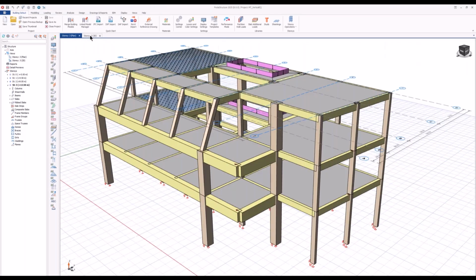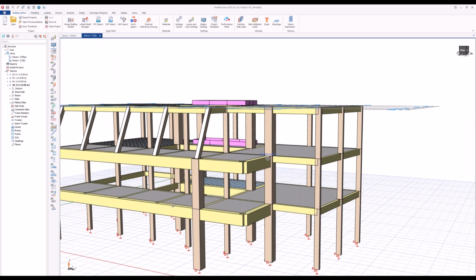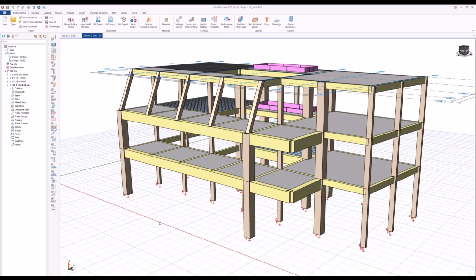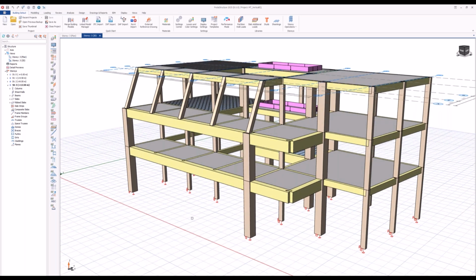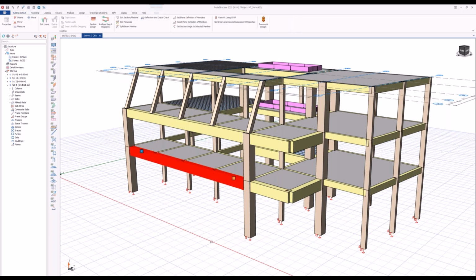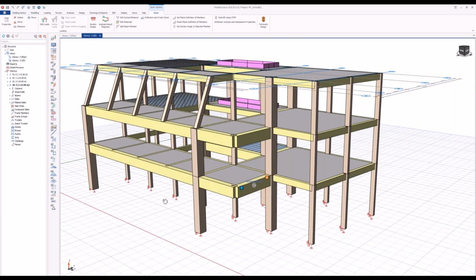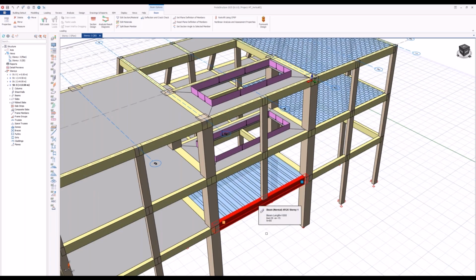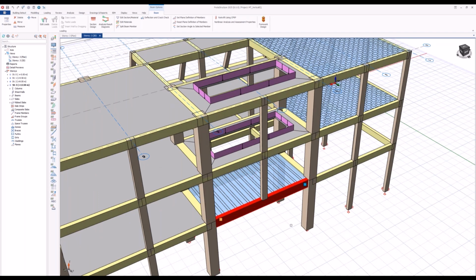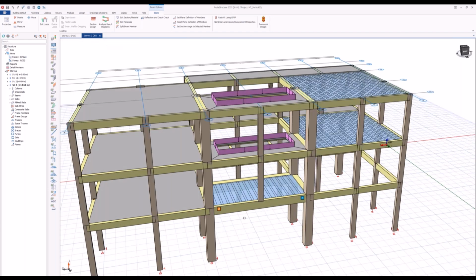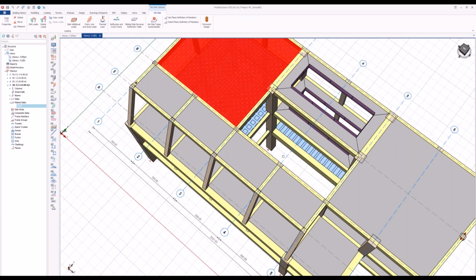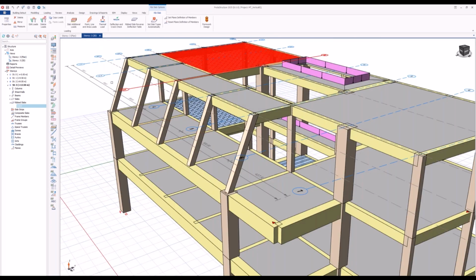Okay, let's check this model. This is a sample project that I created that includes all the adverse structural members, structural configurations, like a very long span beam, a large cantilever here, a transfer beam supporting a column,